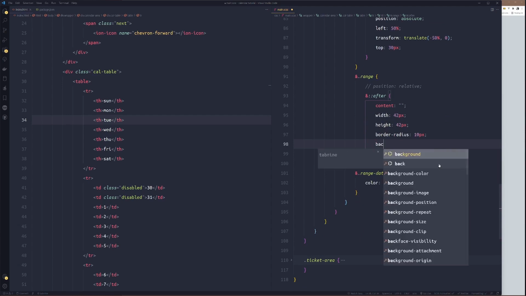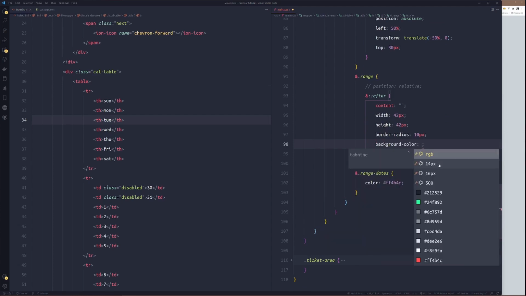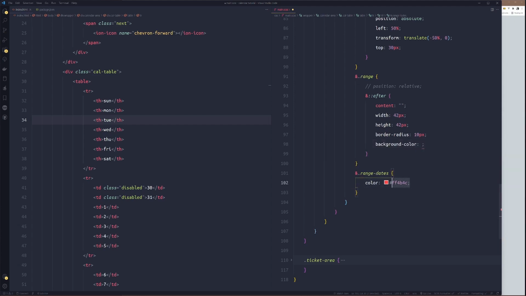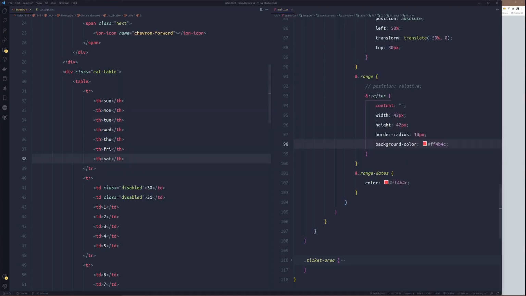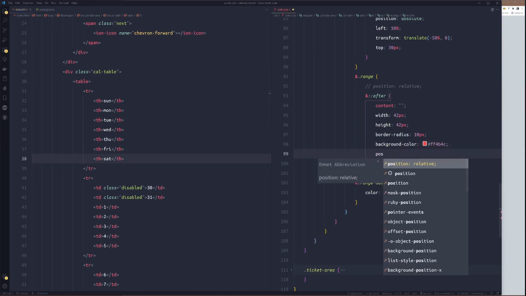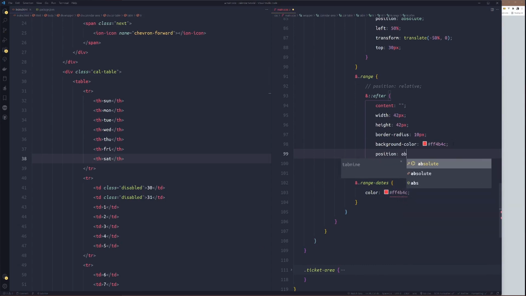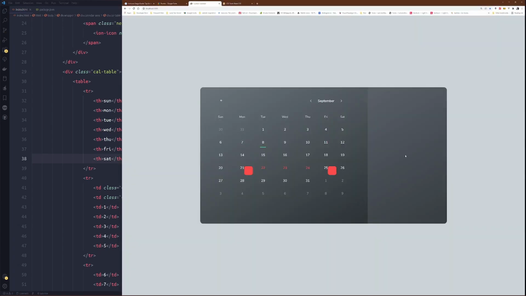While the background color could be the same we used here for the range dates. So we'll see. Nothing yet. All right. We'll set position to absolute. Okay, it'll come out there within.